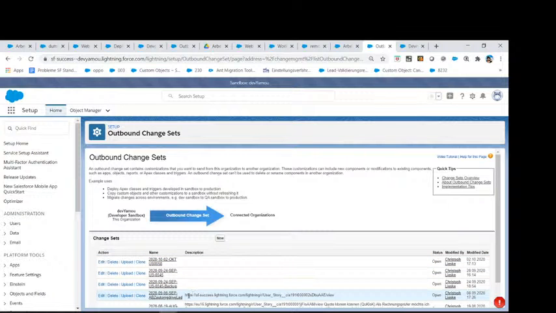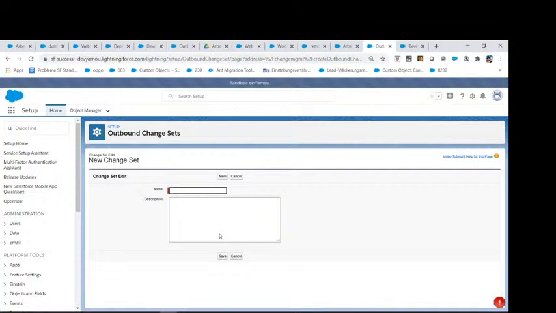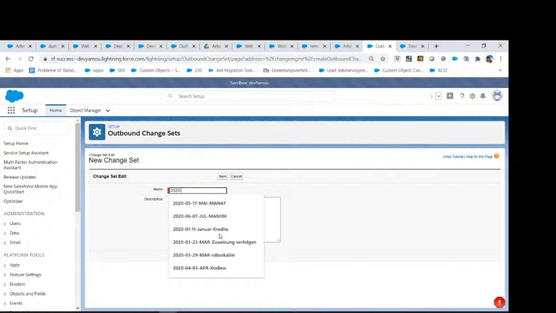Create a new ABZ. Okay. Create a new outbound change set. So what we're gonna do is to create the outbound change set for today,